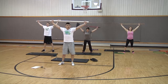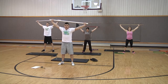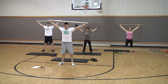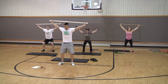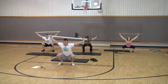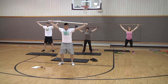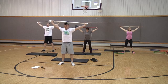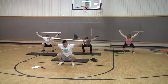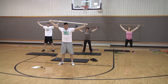Overhead. Directly up overhead. You really want our shoulders lined up with our ears. Pull apart. Deep breath into the core. And squat. Let's go 5 more. And if you have a problem gripping the bar, what usually helps is maybe try and go a tad bit wider. Last one,